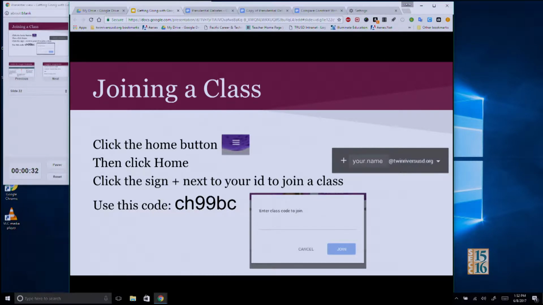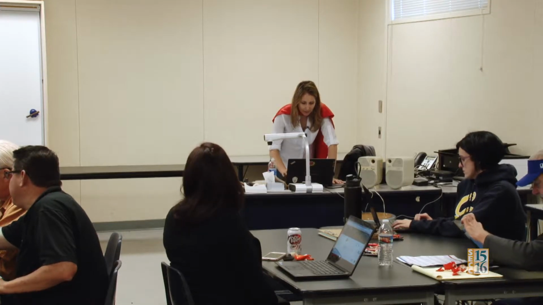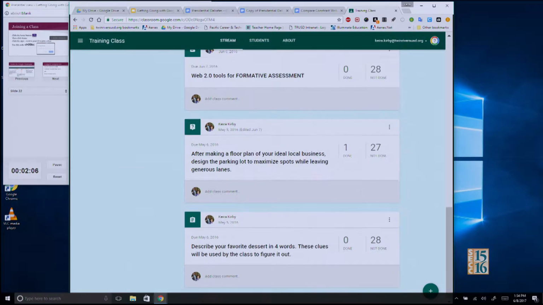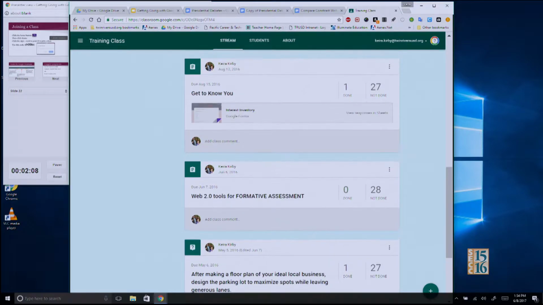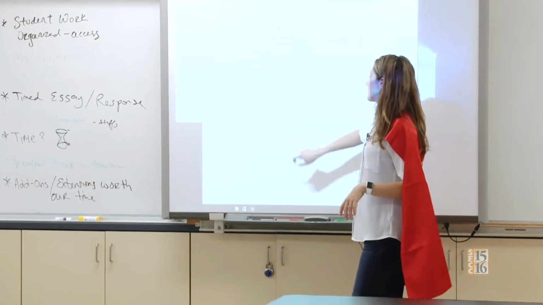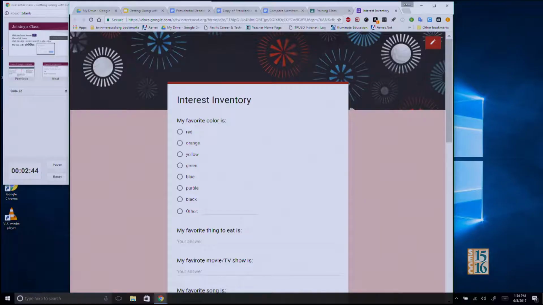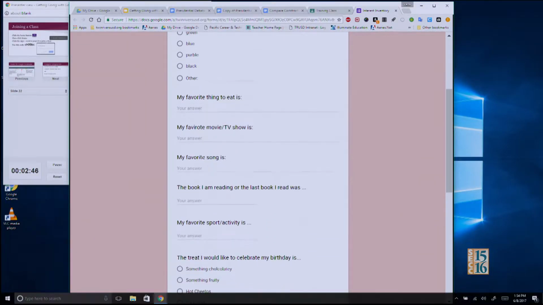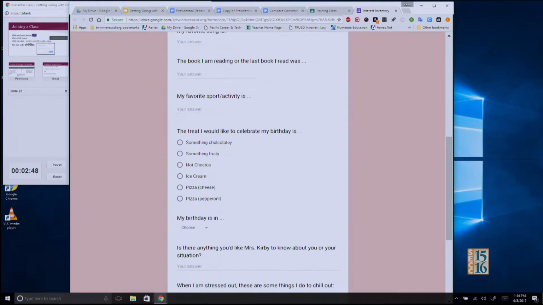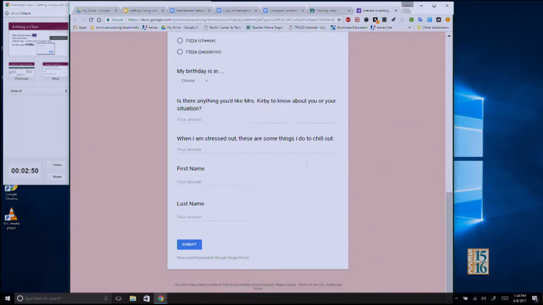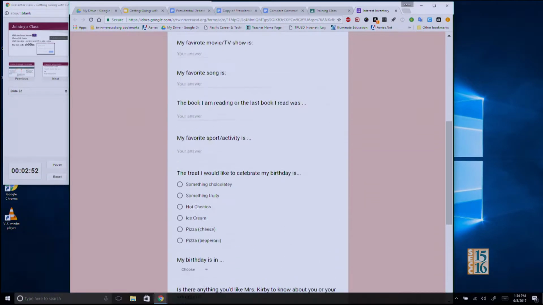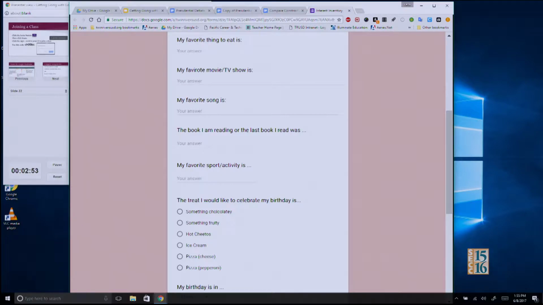Here's our code, CH99BC. So these are models of different ways you can use the classroom. So this is an interest inventory, purple. This is something kids can take: my favorite color, my favorite song, anything you want me to know. Students can take this, and it can be dished out through your Google Classroom page. As well as these